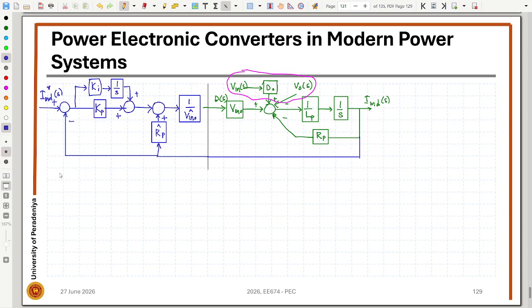So assuming that estimations are perfect, we can have a simplified block diagram. If we assume the estimations are perfect, then these will cancel out. So our simplified block diagram is going to be